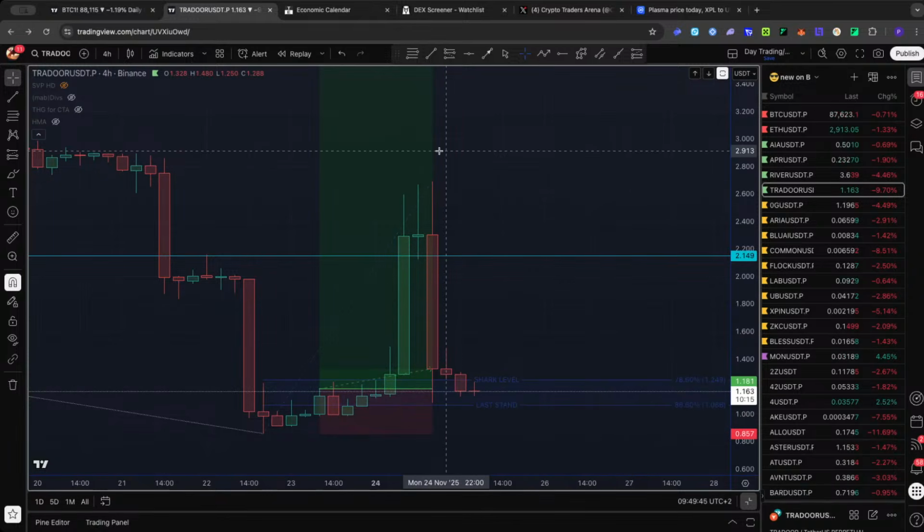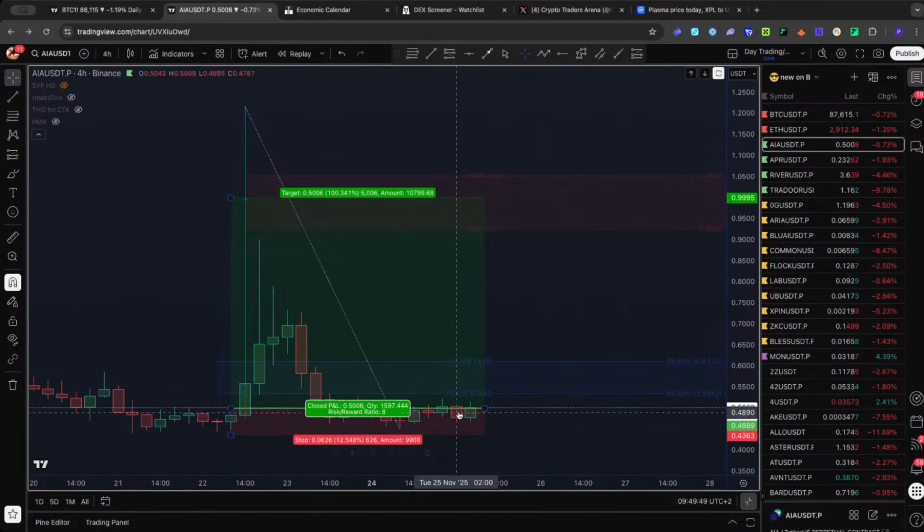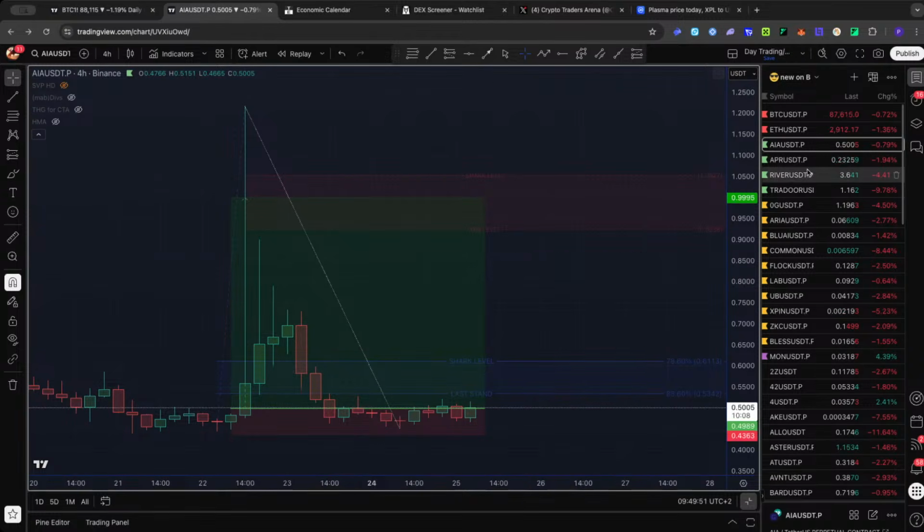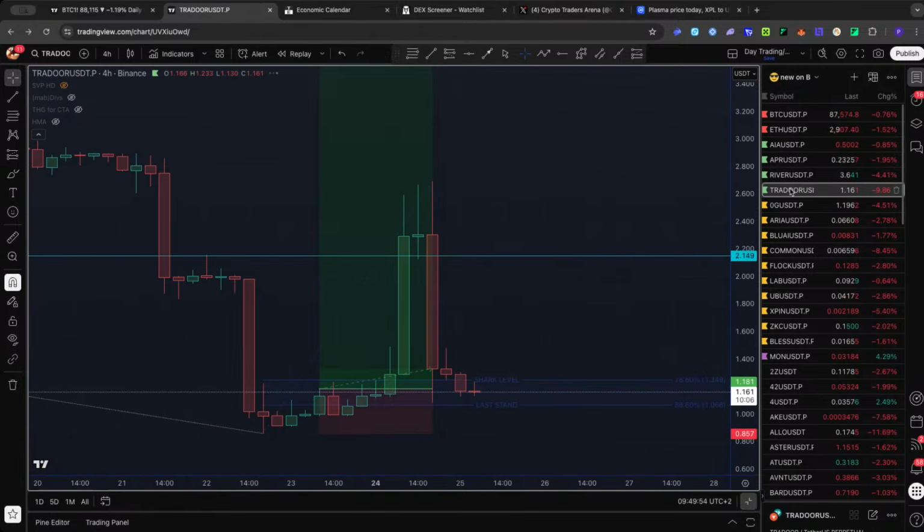We had the pump, we had the dump. Now we'll consolidate exactly like this one, similar to this one, and when you see it's ready, you can attempt again. Don't go, I'll buy it here. You buy it, but you'll have to wait a long period of time.